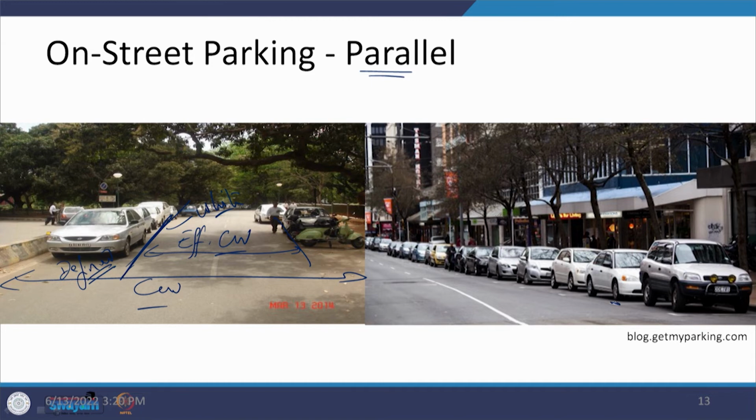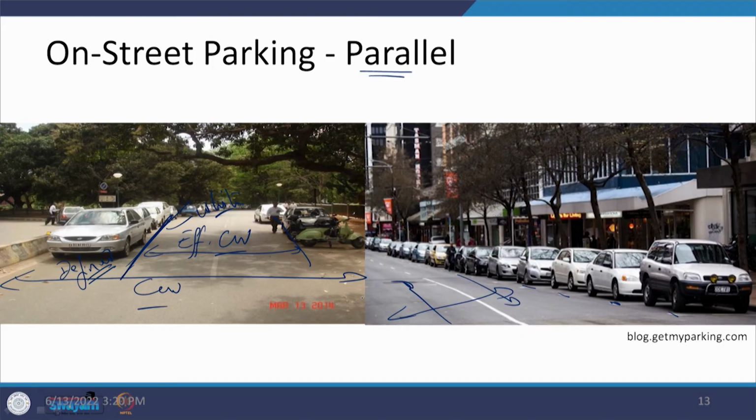In this case there is a marking being provided which defines that the vehicles are allowed to be parked on that side and they are being parked parallel to the curb side. It means the minimum numbers are going to be there, and that is because the width of the carriageway has to be taken into consideration along with the two directional traffic which is there. So, that decision is being considered here. So, that means we are going to have less numbers of vehicles being parked along the curb.